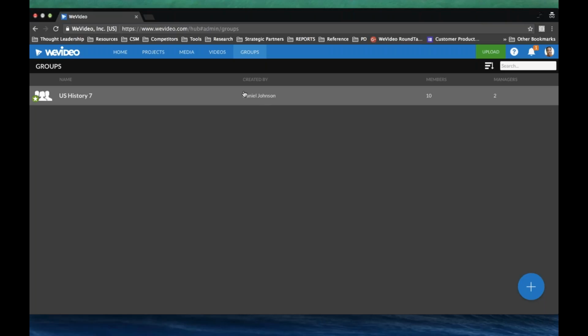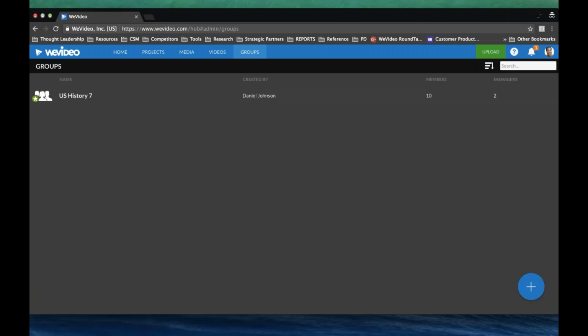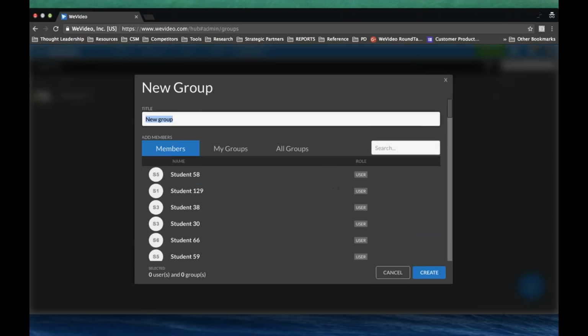So when you log in as a teacher, you will see this view here being just a blank slate, and then you can click on the plus sign, click on create group, and then you can initiate one of the two workflows that I just touched on. So let's say I'm teaching a biology class.